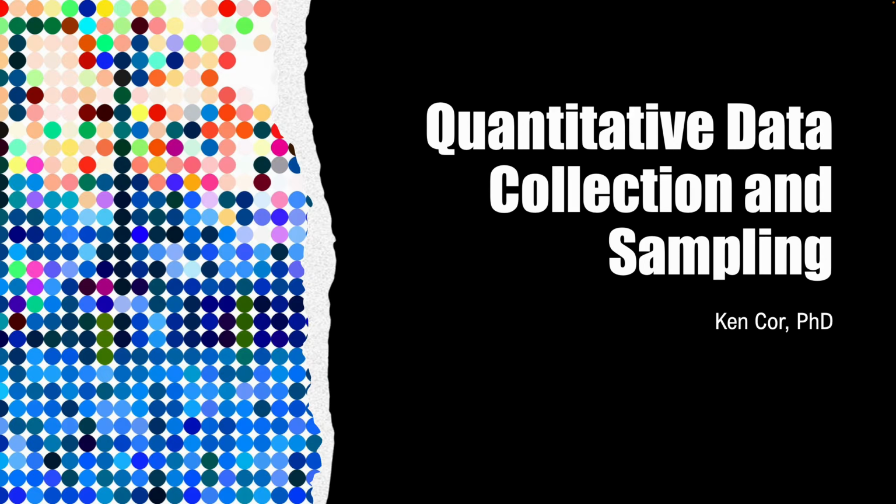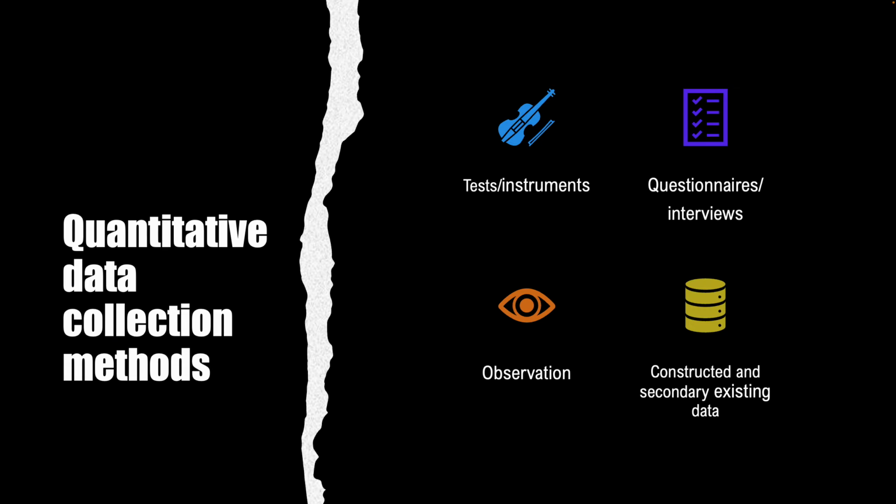Hello, and welcome to this quick overview of quantitative data collection and sampling for educational research. Quantitative data are numerical indicators of presence or absence and quantity or quality. There are four main methods of data collection in quantitative educational research: